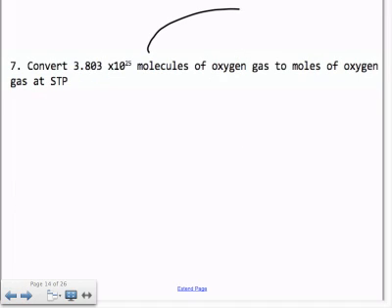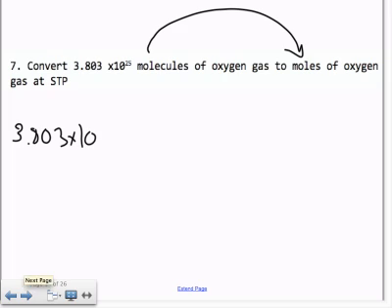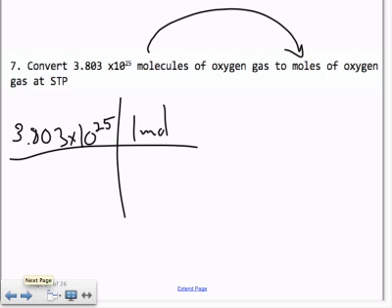Convert molecules to moles of oxygen at STP. The STP thing doesn't really matter here because we're just doing moles to molecules or molecules to moles. But it's 3.803 times 10 to the 25th. 1 mole is always 6.02 times 10 to the 23rd. Molecules, atoms, particles, whatever you have. So 3.803 second EE25 divided by 6.02 second EE23, and you get